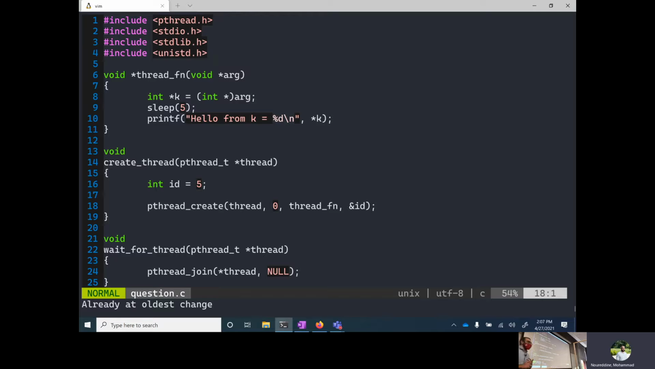Any other guesses? So here's a question. When we create ID, where is ID going to be stored? Yes. So ID is going to be stored in the stack of create thread. What happens when create thread finishes up? It's going to clean up its stack, and ID is gone. But who still has a reference to ID? Our thread function,